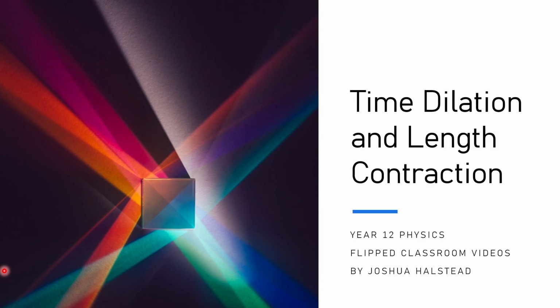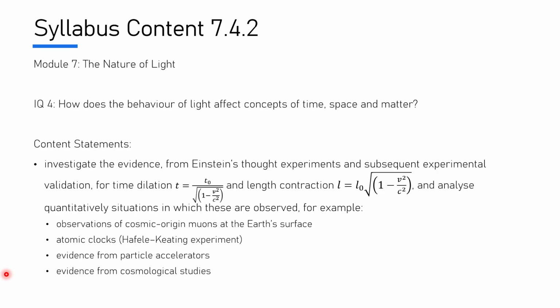G'day, in this video we're going to be unpacking the concepts of time dilation and length contraction. In this video we're going to be looking at dot point 7.4.2. We're looking at how light affects concepts of time, space and matter, particularly today, time and space. We've already started to look at Einstein's thought experiments and we're going to use them to try and figure out